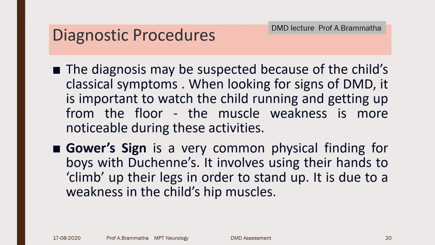So that is Meryon's sign. And a reaching test is there to find out the progression of upper limb weakness. In stage 1, the child will be able to do a normal one arm lift and the elbow will be raised by shoulder flexors. In stage 2, the child will lift one arm with the help of the other arm, so a two arm lift will be there. In stage 3, limited two arm lift: the child can't lift both the arms. So this is the reaching test. These are some special tests from the physiotherapy point of view.